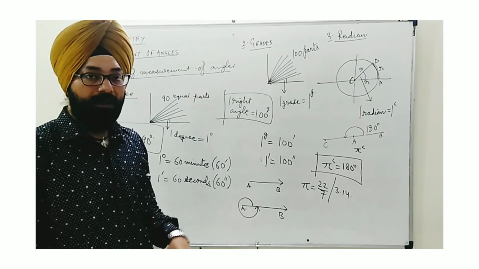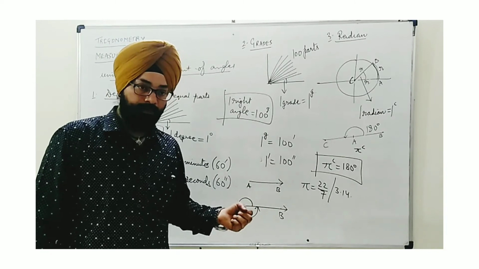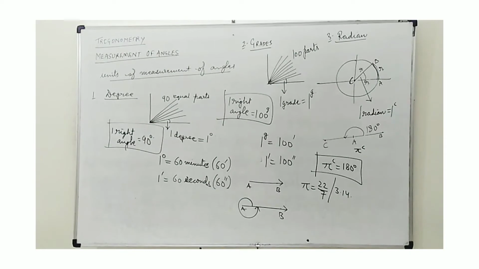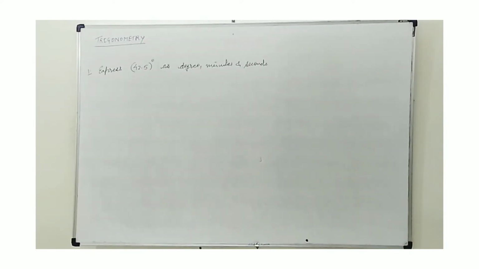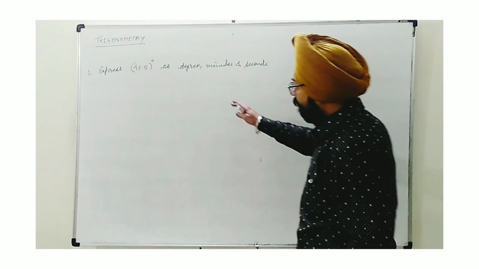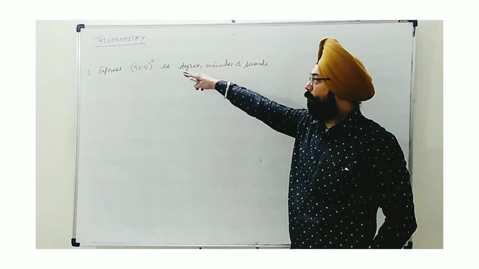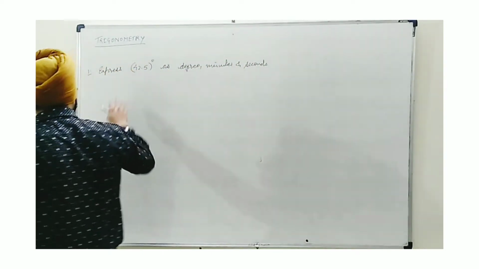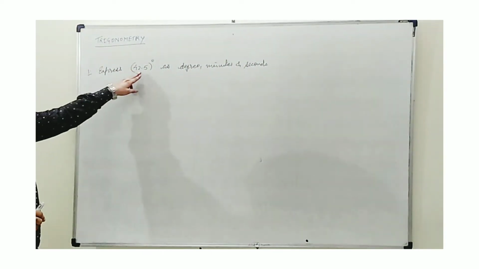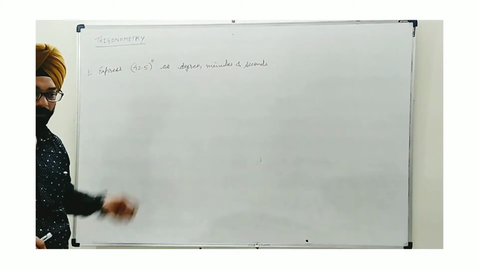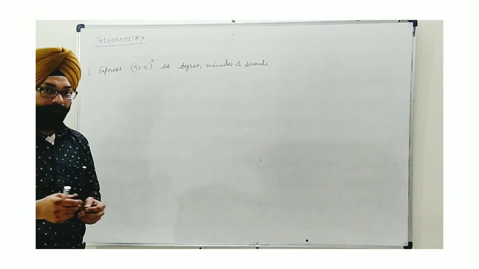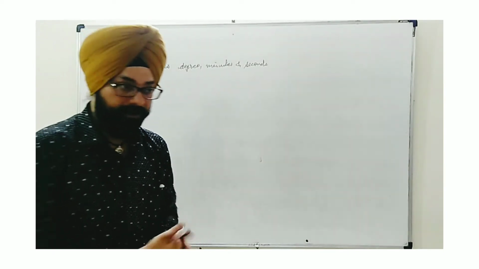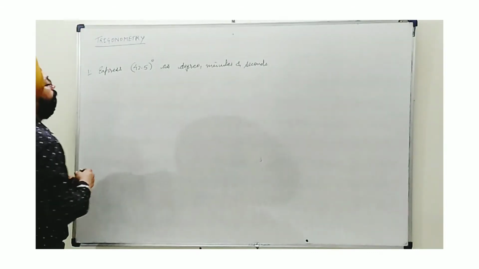So we will see about the relation of degree and radian now with the help of some questions. Let's see. Here I have taken the first question: to express 42.5 degree as degree, minutes and seconds. This also we have to learn: whenever we are given some value in terms of degree, and it is not a complete number but given in decimal form, then we need to express this in subdivisions. Recently we have seen that subdivisions of degree are minutes and then further seconds. So we will see how we do that.